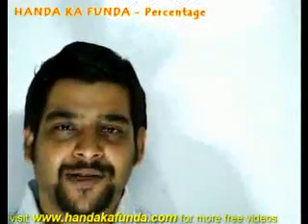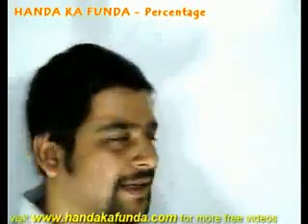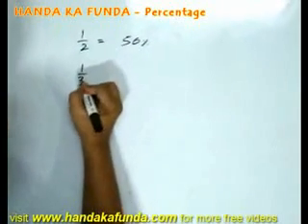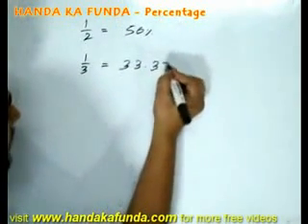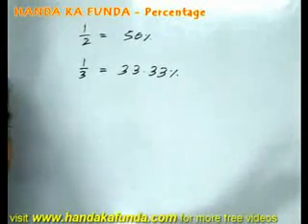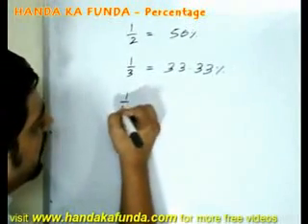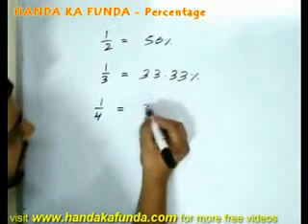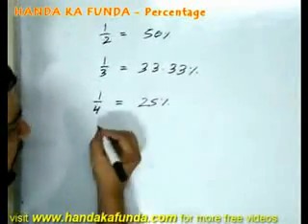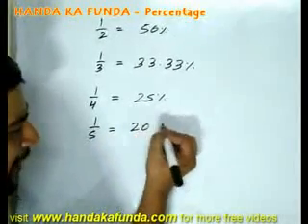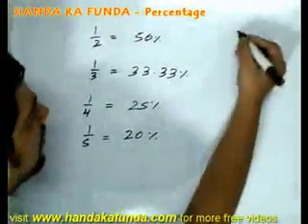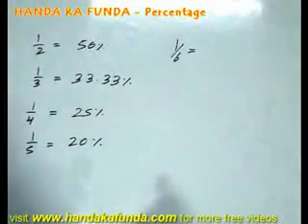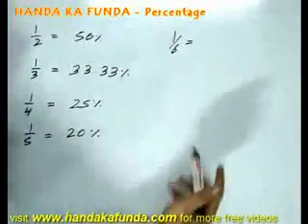Let us have a look at a few values which will help you in your calculations. We all know that half is effectively 50% and one third is 33.33%. Suppose you tend to forget the other values, then it's very simple to find out. One fourth will be how much? Half is 50, one fourth is half of half, so one fourth will be 25%. 1 by 5 is 20%, that is not that difficult. Remember 1 by 6, people tend to forget this. Simple idea, one third is 33.33, so 1 by 6 will be half of that, that is